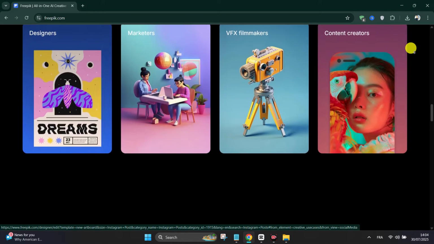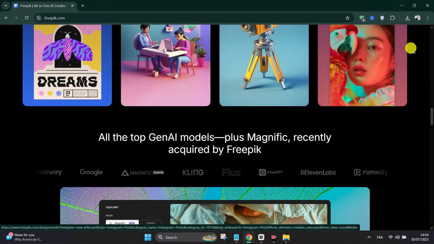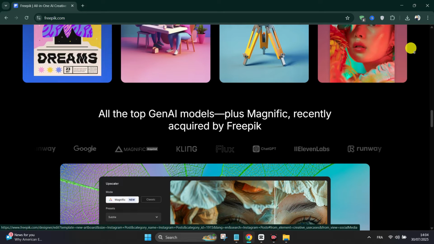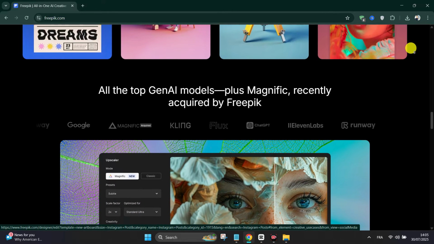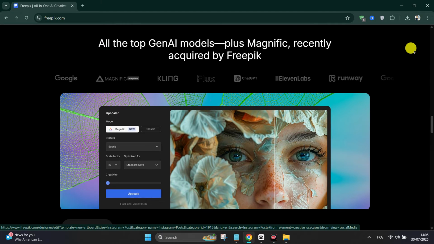So you'll get massive model diversity, a generous free plan, unlimited generation for paid plans, integrated workflows, and it's effective for realistic and fantasy artwork. But talking about the cons, recent